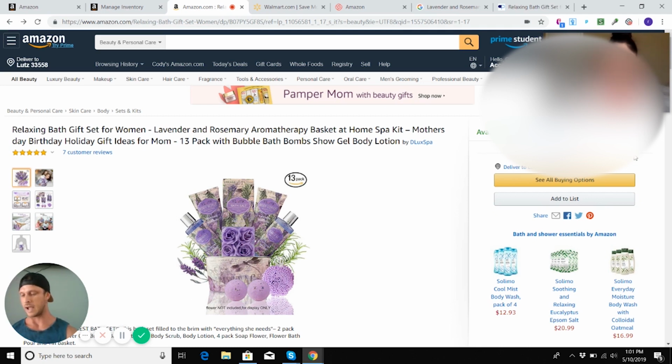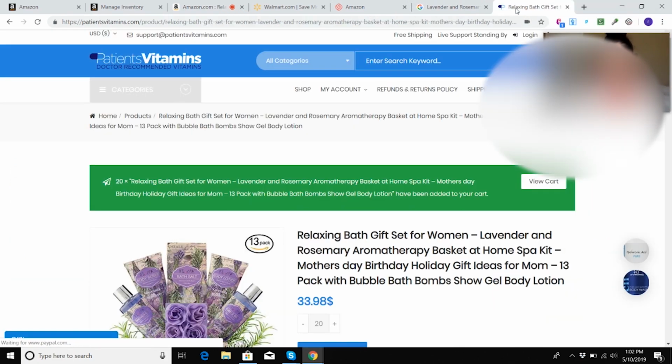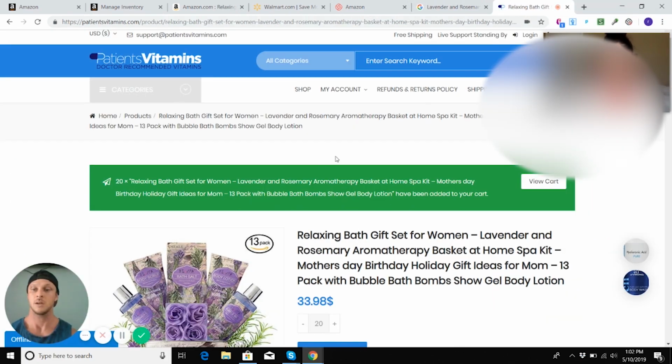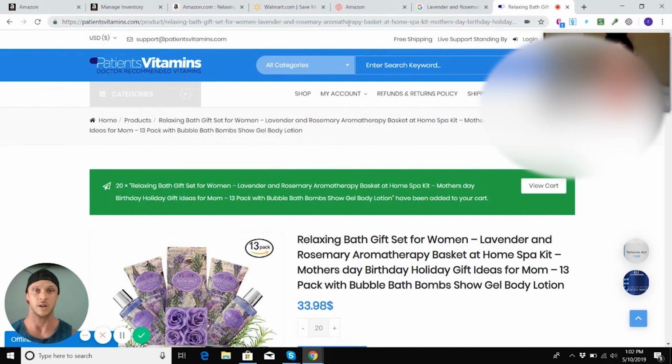So I would have to sell this product or buy this product cheaper than $38.99 to generate a profit. We obviously found it cheaper than $38.99. So the turnover after Amazon takes their percentage leaves us with, what was that? $33.98. So we would make $5 off this product, inclusive of whatever cash back that we get. And then on top of the $33 that we would spend, that would leave us with a